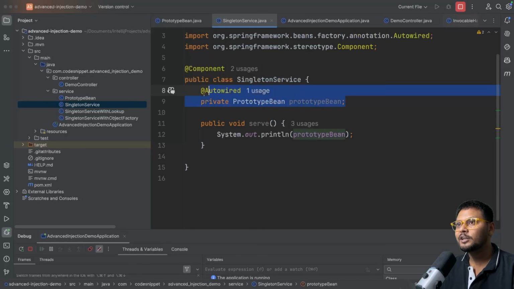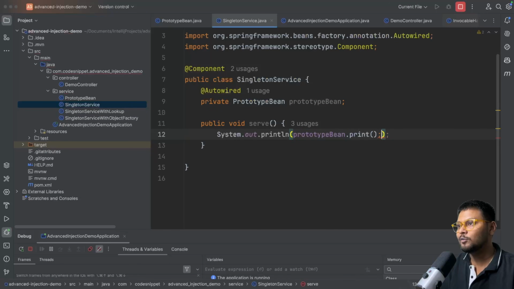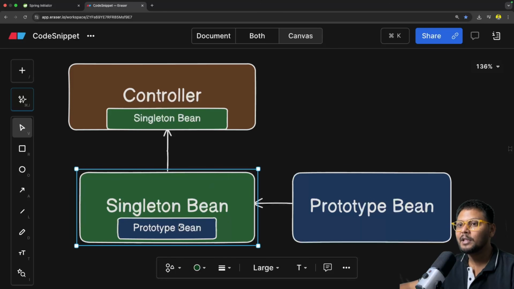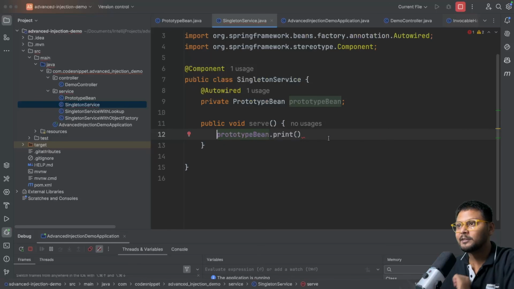So now this bean is injected over here, and I have a serve method which is just printing this particular bean. Or rather, we can just go ahead and call the print method over here. Now this particular singleton service is basically this particular singleton bean, and we have injected this prototype bean over here. I will just remove this print statement so that I can directly call this print